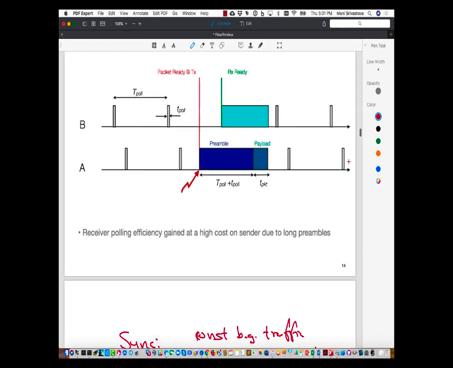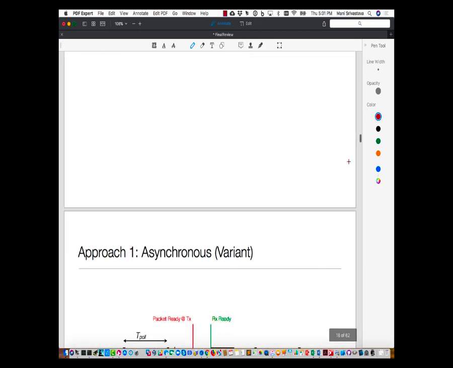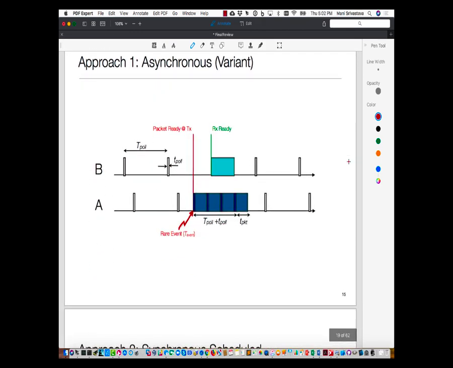Okay, so there was a variant of async where instead of sending a long preamble, we would send a chain of packets with minimum preamble, and then in some cases have a little gap so that an ACK could be done. Question? I have a question actually about this one, right? So it's not a very short preamble, right? And the RX is ready for just like a sliver. If it gets ready when we're sending data and not the preamble,